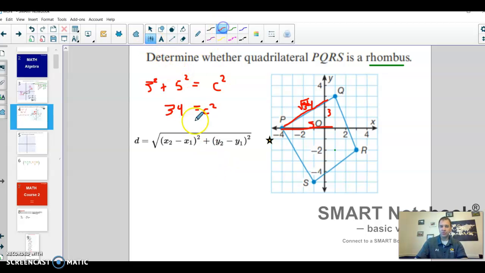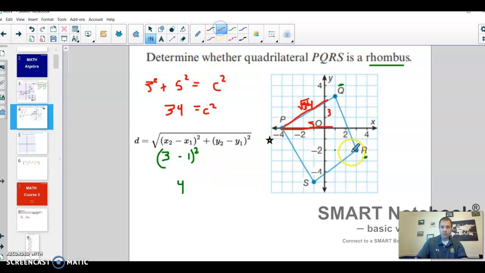That's okay, but I think the more you get used to it, the more you'll find this is kind of convenient. Okay, so I'm going to say that Q is going to be my first point, R is going to be my second point, and so let's start with the x values. The x value of this point is 3, right? I'm going to plug in a 3 there. The x value over here that I'm going to subtract away is 1. So this first section is going to be 3 minus 1, and remember all of that is squared. I'm just going to do that right away. 3 minus 1 is 2, square it,